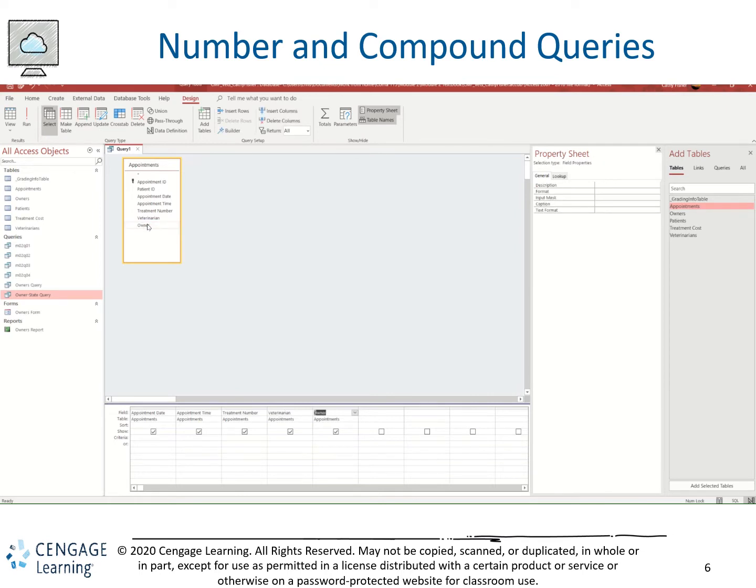Okay, so we double clicked all those. In the veterinarian field, we're going to type in the criteria that we want B01. And in the appointment date, we're going to type that we want it to be greater than